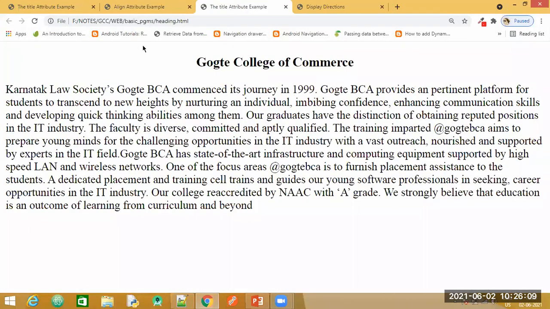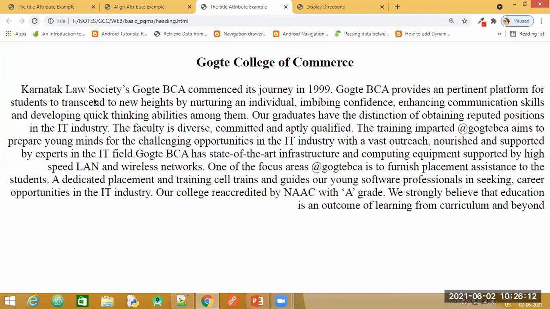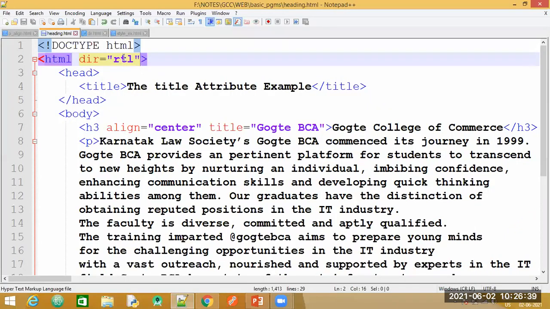We shall go back to this page and try to refresh it. Have a look now at how the text is getting displayed. Here you can see that the text is not justified. It means the text is flowing in this way from the right end of the browser. So this property dir by default takes the value left to right, and you do not have to specify the default value. If you need to change its alignment, that is when you give the value as RTL. R is for right, to left, RTL.